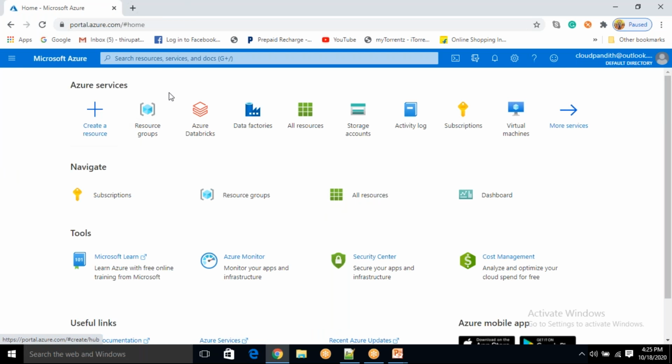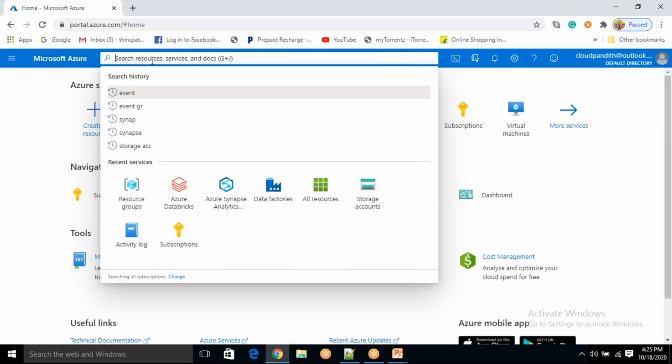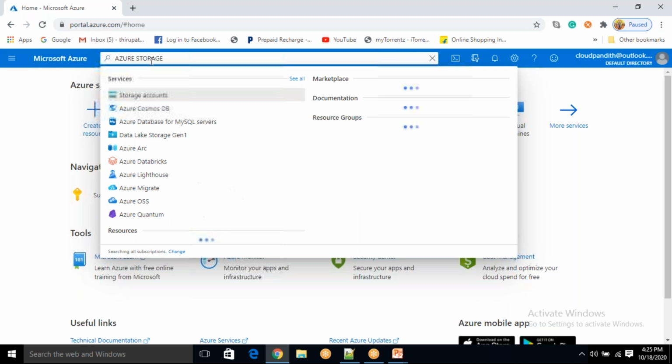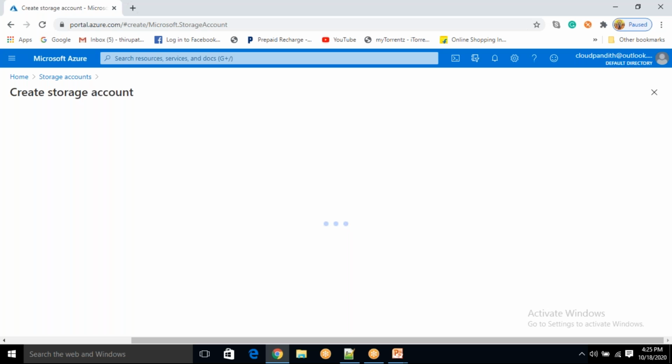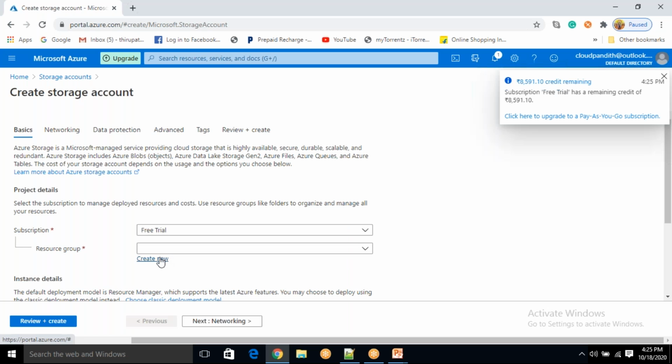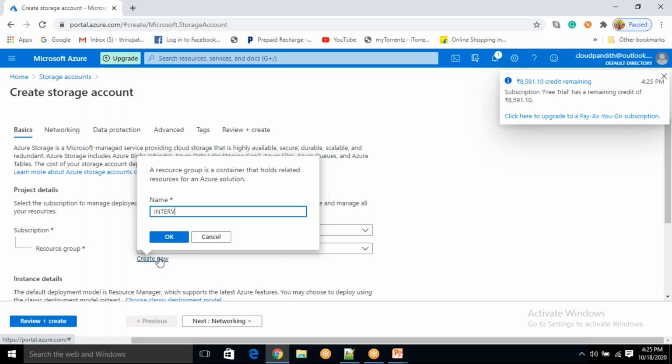Okay, we are here. So now what you need to do, you just come here, search for Azure storage. Click on storage account. Click on add storage account. So I'm just giving here my resource. I need to give the resource group name, that is, you can say interview